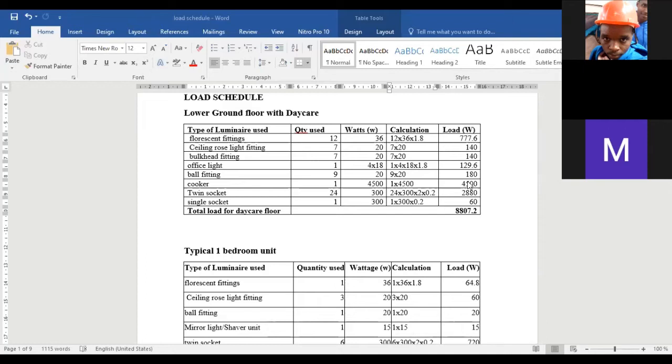In other words, if you have your cable with a current carrying capacity of 40 amperes and your design current is 45, what that means is ukiweka load zako zote ambazo zimefika 45 yet cable inaweza kubeba 40,